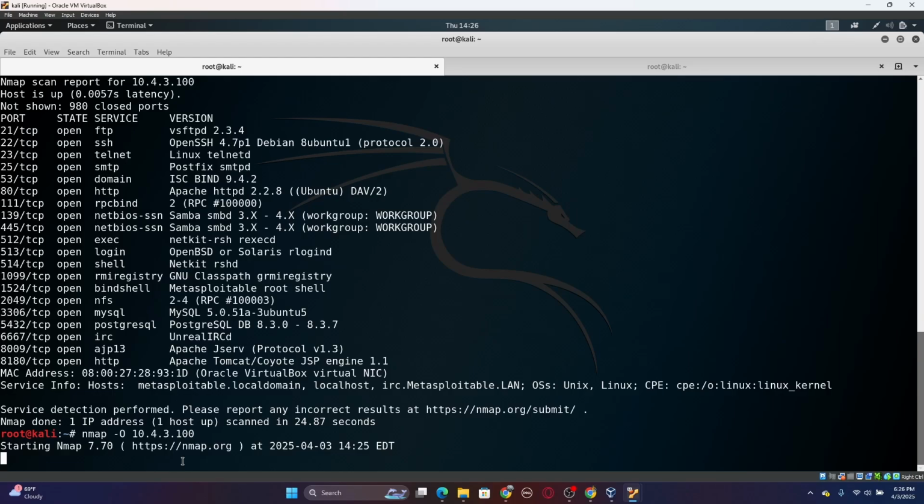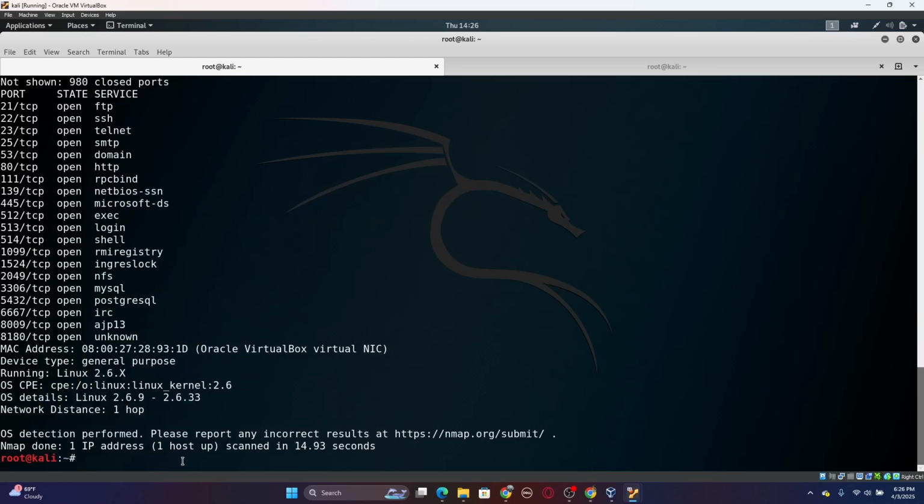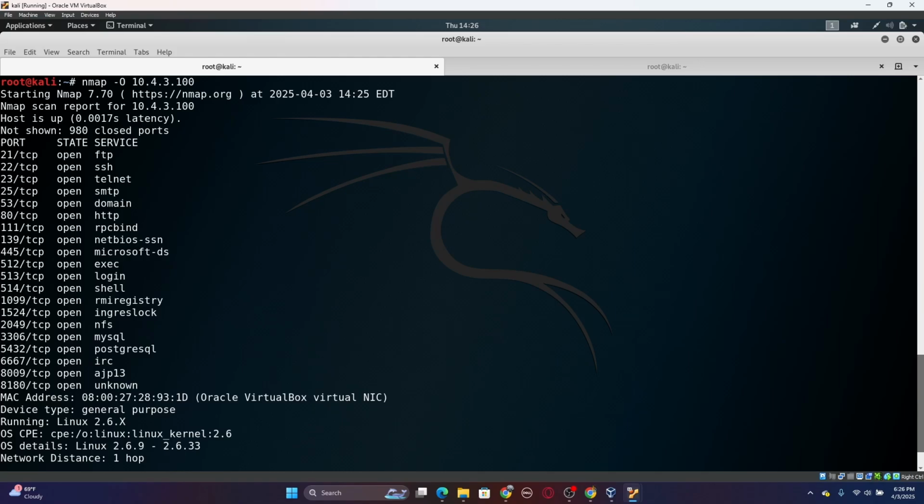It just takes the scans longer, but that's something you can do. Something I wouldn't suggest, right? But for the Nmap scan, we do an nmap -O